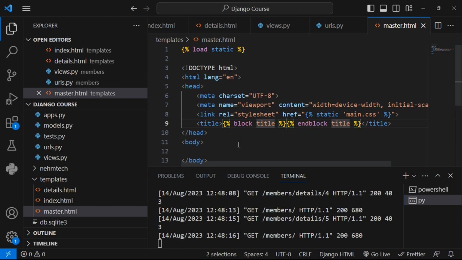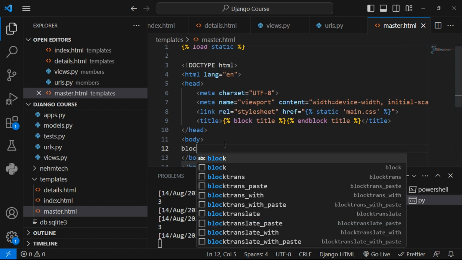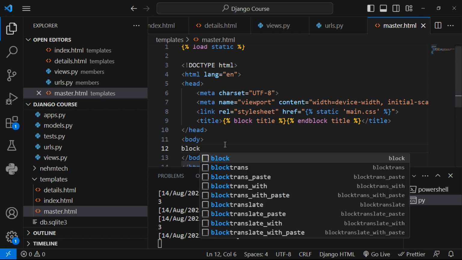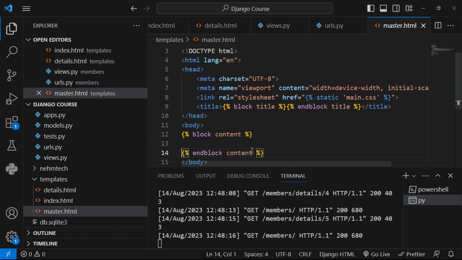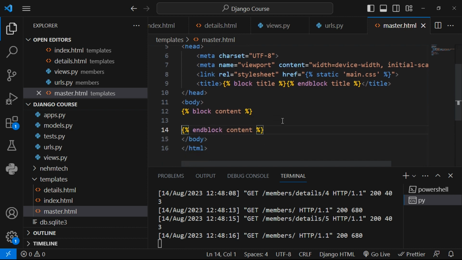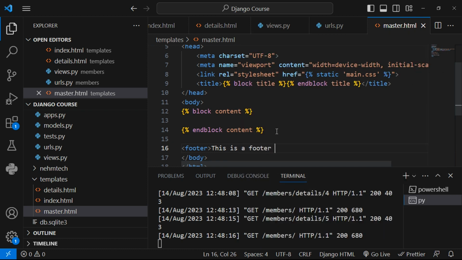And then now, guys, here we'll say block content. Sorry, should be block. Then remember these are the Django tags. But now here I'll say content. So now with this content, guys, anything that we want to use in the other files, we should use these tags. So for example, let me use maybe a footer. Let me just say a footer here, and then let me say this is a footer. I want to test if it will